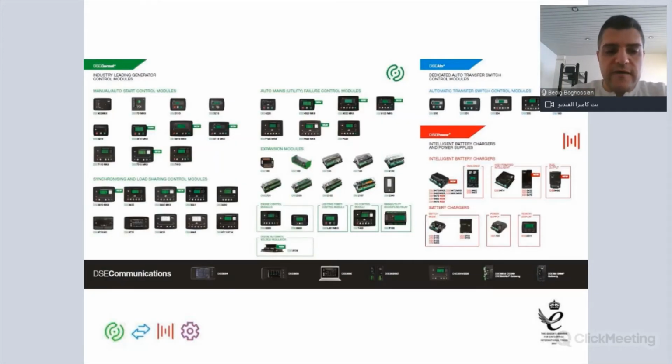If I was going to talk about all the DSE products in detail, I would need a full day. Maybe a full day won't be enough as well. But just to show you what the DSE controllers are, an overview of the products. So we've got generator controllers, standalone genset controllers, synchronizing controllers, and expansion modules, because there are various models